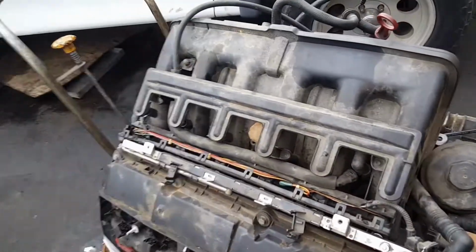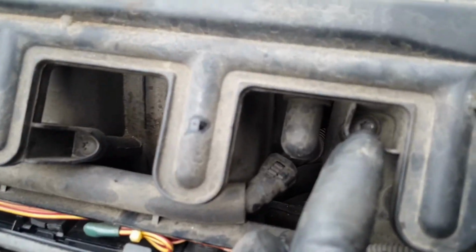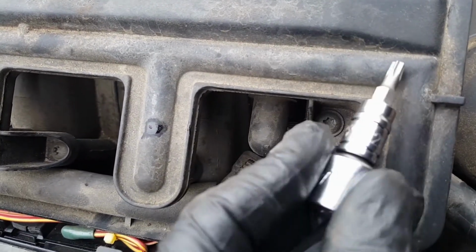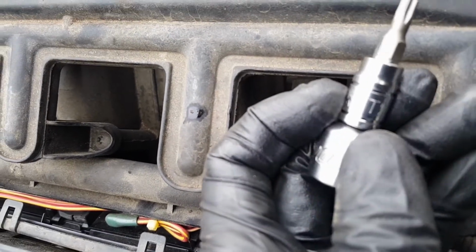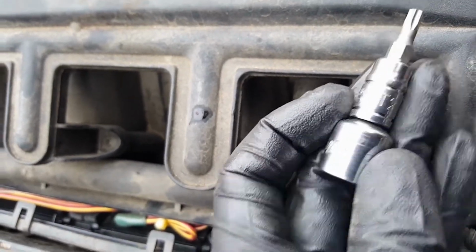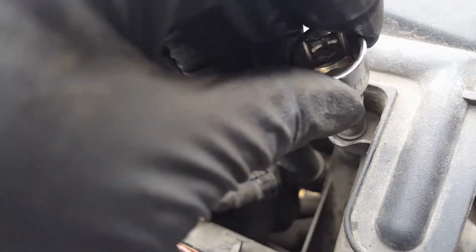Alright, time to start removing the intake. What we're gonna try to do first, we're gonna remove these bolts right here. We're gonna get it done with this T25. There you go, T25. So it goes here and here. We're gonna remove those. We're gonna disconnect this hose in here, this one here, and then if you're trying to remove the intake,